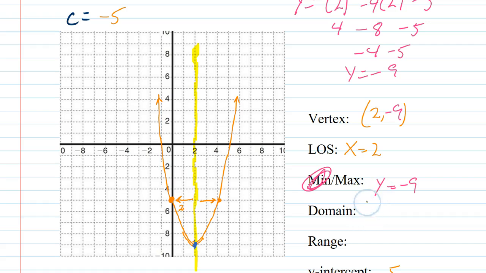Now, our domain is always going to be the same, all real numbers. Our range is from our minimum value, and it's going up. Y such that y is greater than or equal to negative 9. And if it's in the other format,